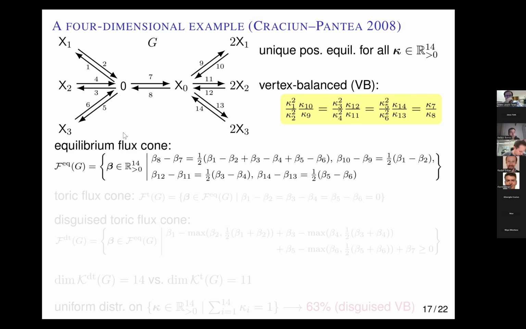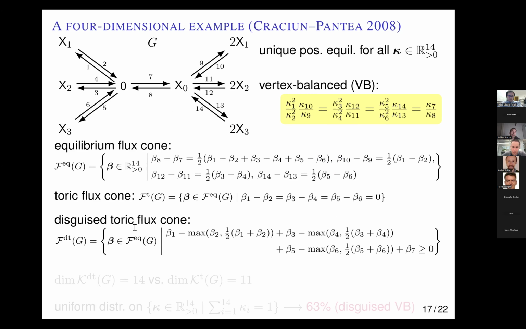Well, as before, one starts with the equilibrium flux cone. That's something easy. The toric flux cone is within the equilibrium flux cone. You have to satisfy, again, 3 equations because the deficiency is 3. And if you do all the steps that I explained earlier, and solve the linear part of the problem, then you find that this toric flux cone is something like